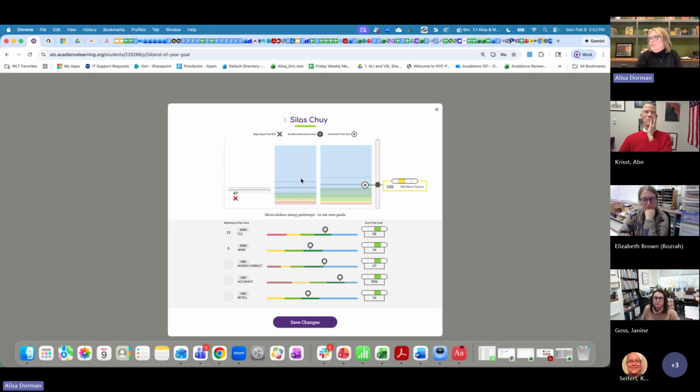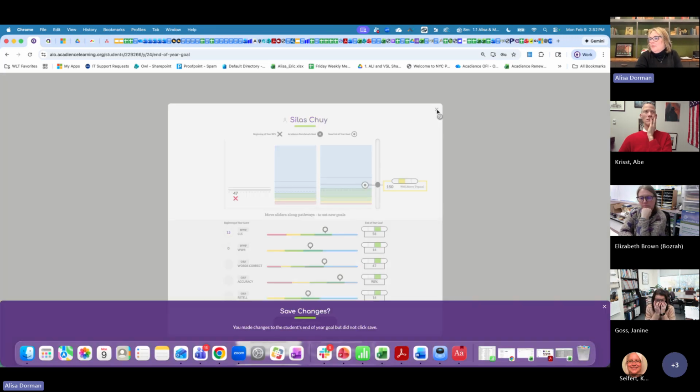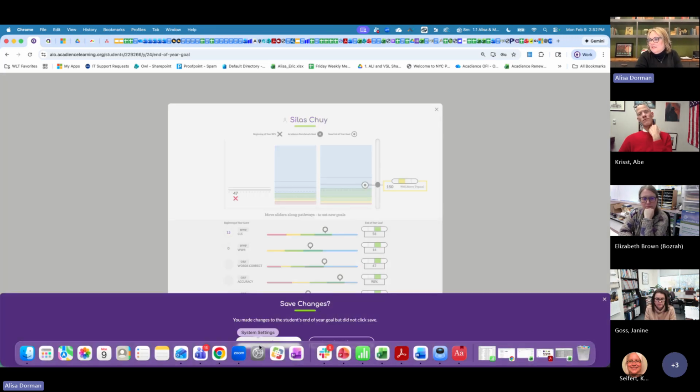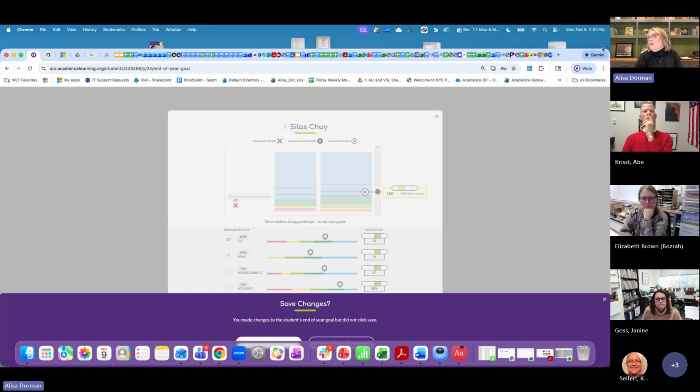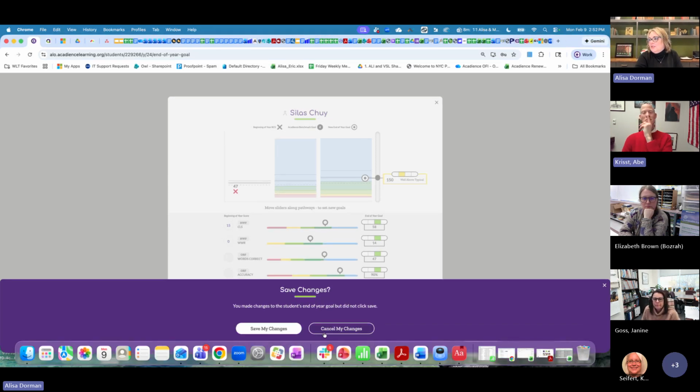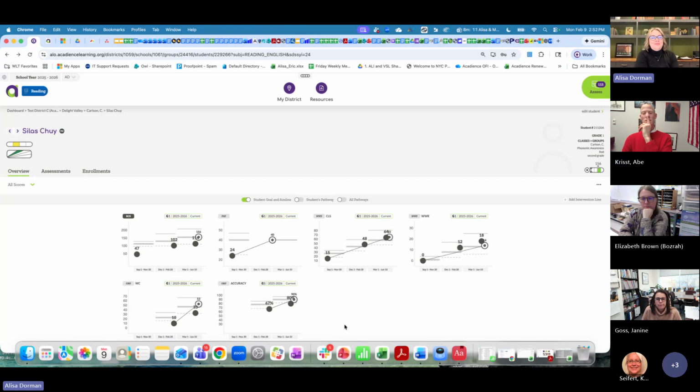Okay. So that I wanted to show there as well. And at the bottom, it'll say save changes, and I can't read what this is because my bar is at the end. Cancel my changes. Yeah, there we go. So, all right. Any other